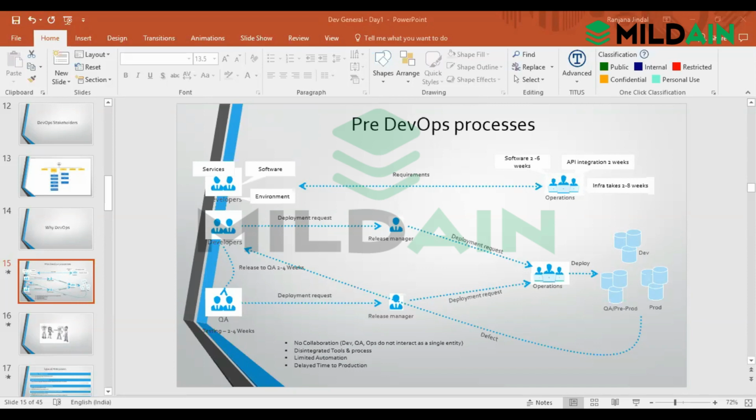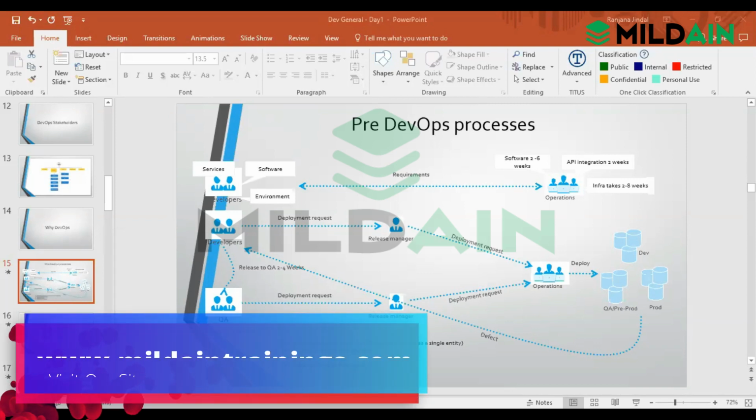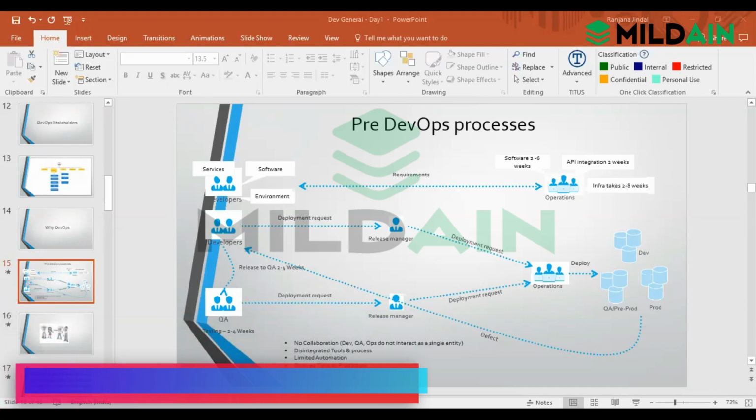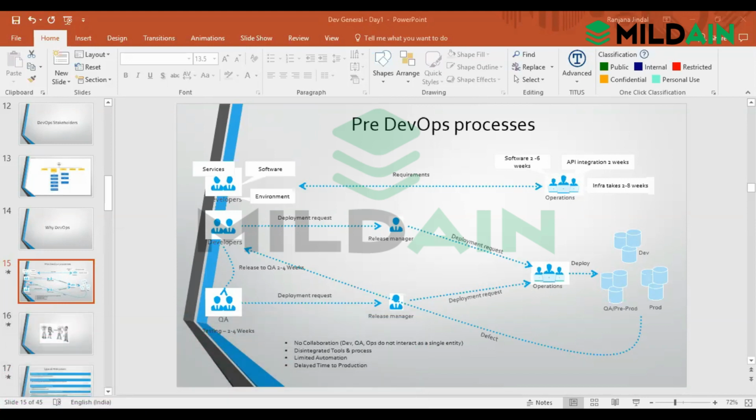So this is dev. Once the developer does a check-in, unit testing is done here. If there is any issue, it goes back to the developer. With the tool, unit testing is done, and it goes to the developer again. He makes the changes and commits.